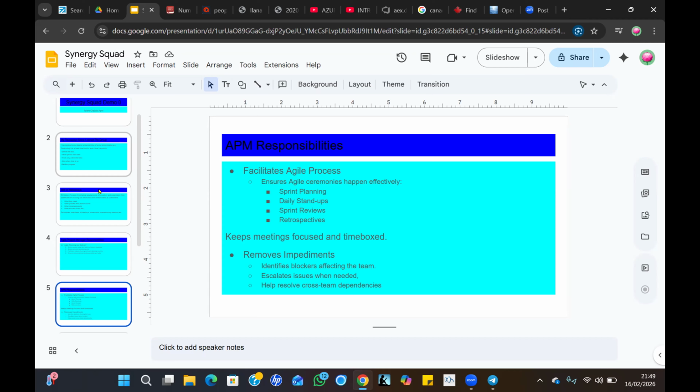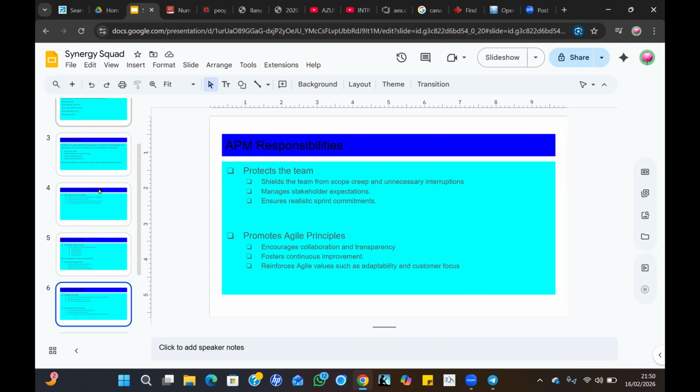Then another responsibility is removing impediments by identifying blockers affecting the teams, by escalating issues when needed, and by helping resolve cross-team dependencies. Another responsibility is protecting the team by shielding the team